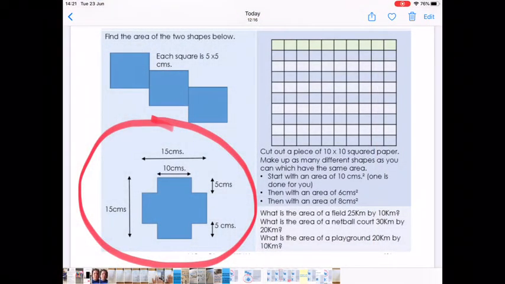This is the second shape of our problem. If you notice, it is a beautiful cross type of shape. Now, not all measurements are given to you. You will have to calculate some of them. So I have 5 centimeters there and 5 centimeters there, 15 centimeters, that is 10 centimeters. Oh,